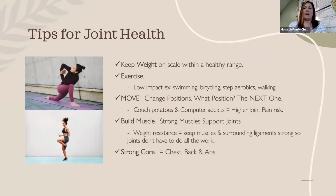It's like the next one, right? It's just continuing to change positions, and there isn't necessarily one position, it's just getting into the next position. So what we do not want to see, what just destroys joint health really rapidly, that now there's lots of science to prove, because we have so many sedentary jobs, is people in that kind of couch motion, or the computer addicts, that is really creating a high risk for joint pain and then joint